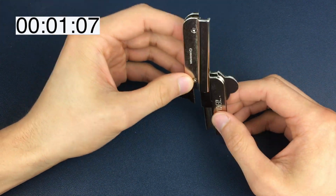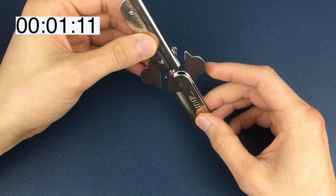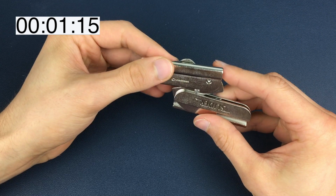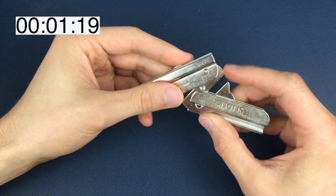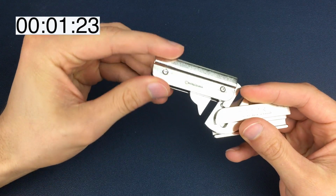Wow. Where were we then? So we came from here. It slides all the way to here. And then these bits get in the way of just sliding straight off from there, but if we look inside...